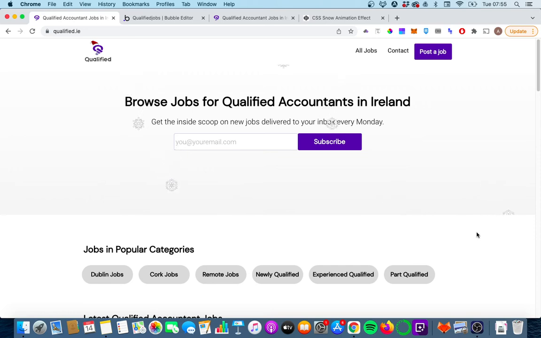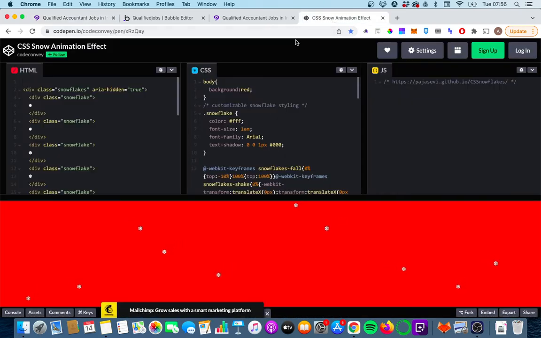Hey everyone, today we're going to look at how you can use HTML and CSS to add this snow animation to your bubble app. First thing you're going to do is go to this link here, which is on codepen.io. I'm going to put a link to this in the bio. And these are two snippets of code that we're going to be basing our snow animation off,